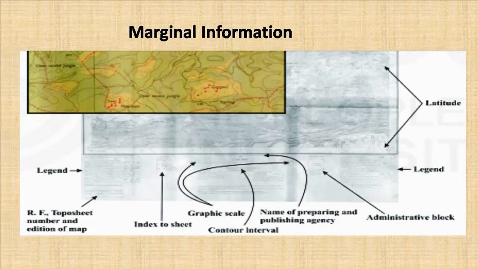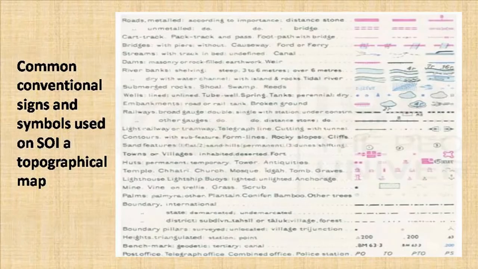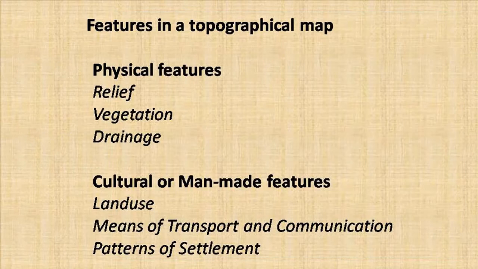So similarly, the other information such as latitude and longitude, we can get from the borders of the map. So here you can see the legend, which consists of different conventional signs and colors, which are used by the Survey of India to represent various physical and cultural features in a topographical map. The understanding of these symbols and signs is very important for us to identify the different features in a topographical map. As we know that